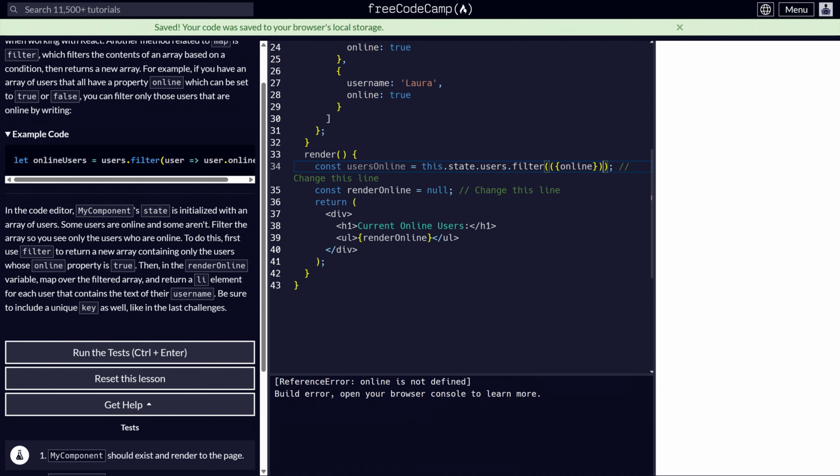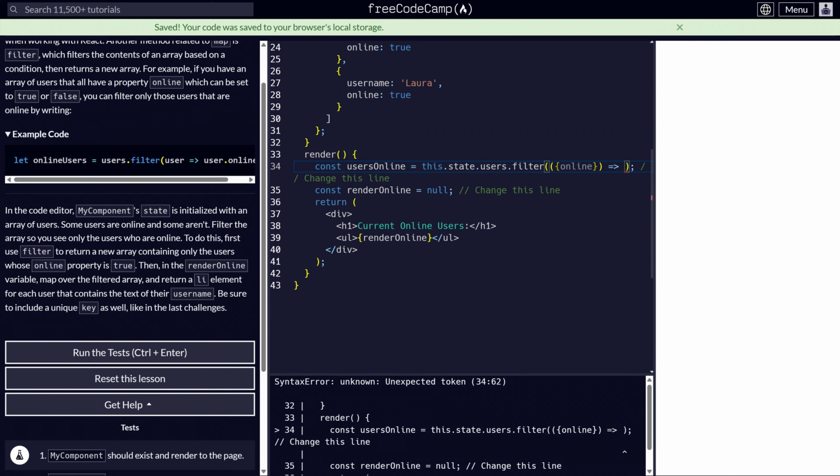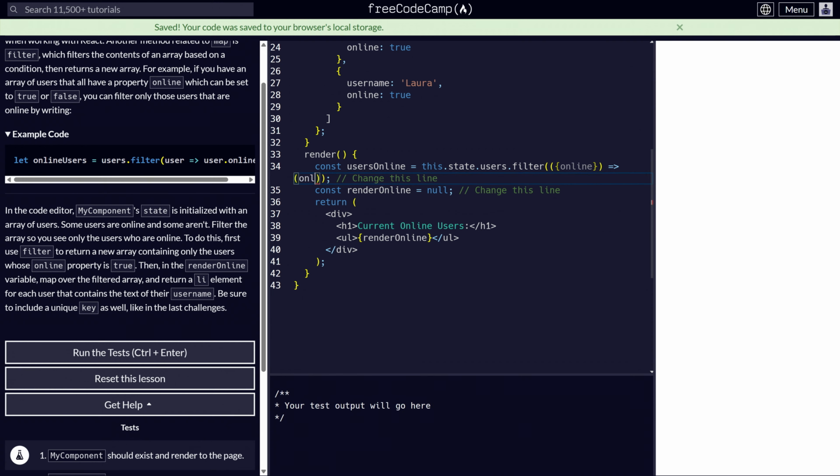We don't even care that it's called user because we only need online, and we're going to say arrow to online, the Boolean value, and then render online is going to be this dot state dot users dot no, it's going to be users online dot map